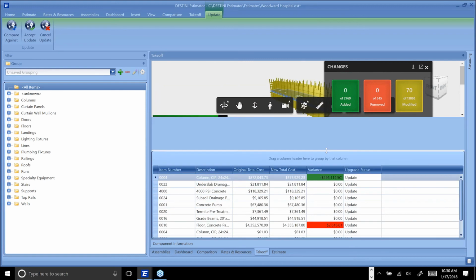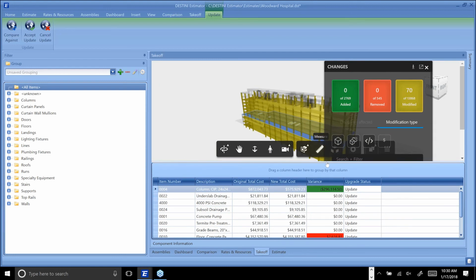And this is one of the things that we really want to keep a focus on inside of Estimator, is giving the estimator the ability to have comfort for what is being impacted when a new drawing set's been delivered, when a new model's been delivered. They can look through these changes, they can figure out what's been added, modified, or removed. They can see the impact on their estimate, and before it impacts their estimate, they can choose what they want